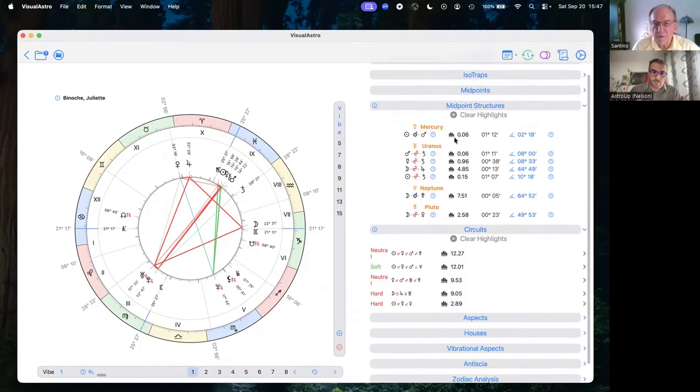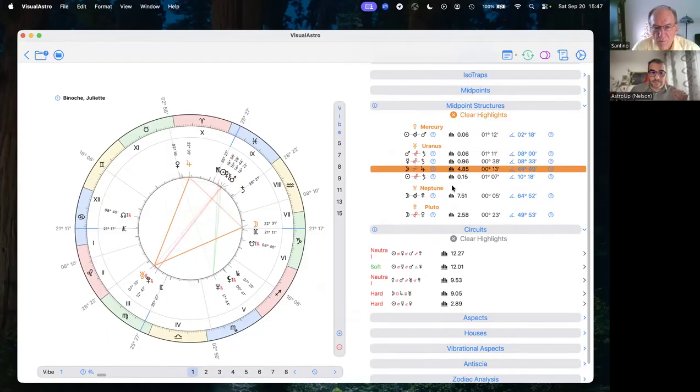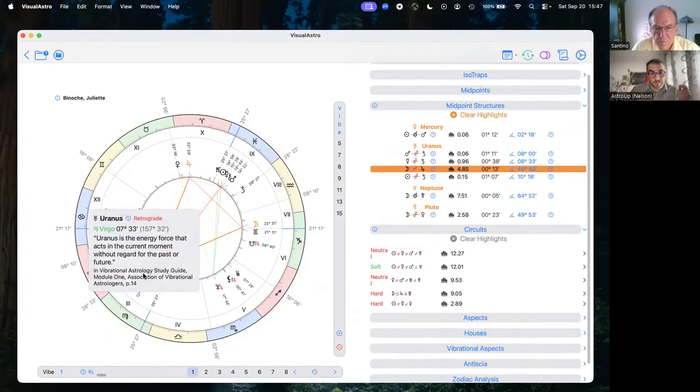But if you want to search information from the listing in the chart, usual software will require that you look for the information and try to figure it out. But in this app, if you want to check a midpoint, you just activate it and it will show you exactly where it highlights. If, for instance, we are on Uranus here, you can even click on the planet icon